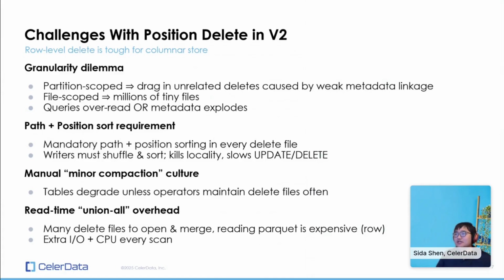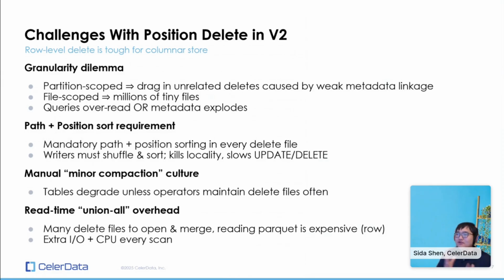Position delete is where you store the positions of the rows that are deleted. So when you read, you merge all of the positions into the query, and it's supposed to be a lot faster than, let's say, running equality deletes, but